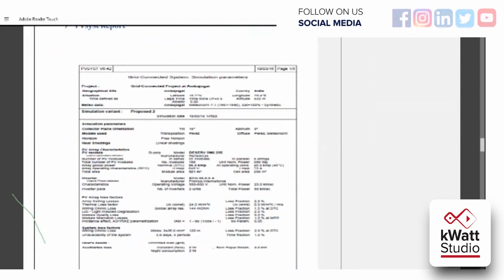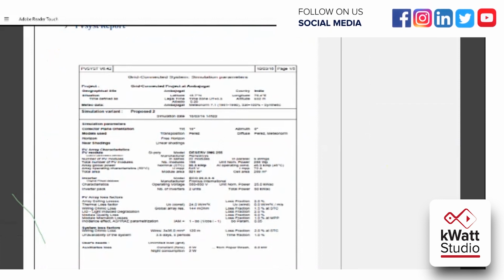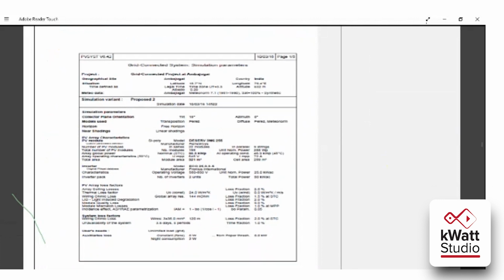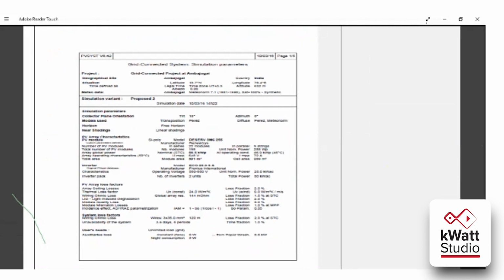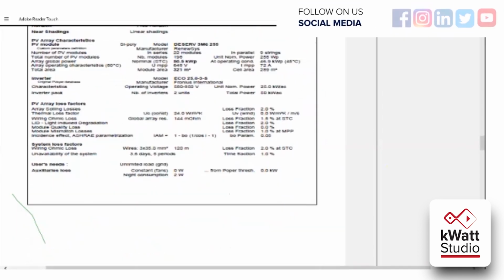So in this, on the first page of PVSys report, you will get the basic details related to your site, like your site name, latitude, longitude of that site, average ambient temperature of that site, minimum and maximum temperature of that site, and some solar module related details like the total available area and the area to be utilized after shadow analysis. All these things are mentioned over here.